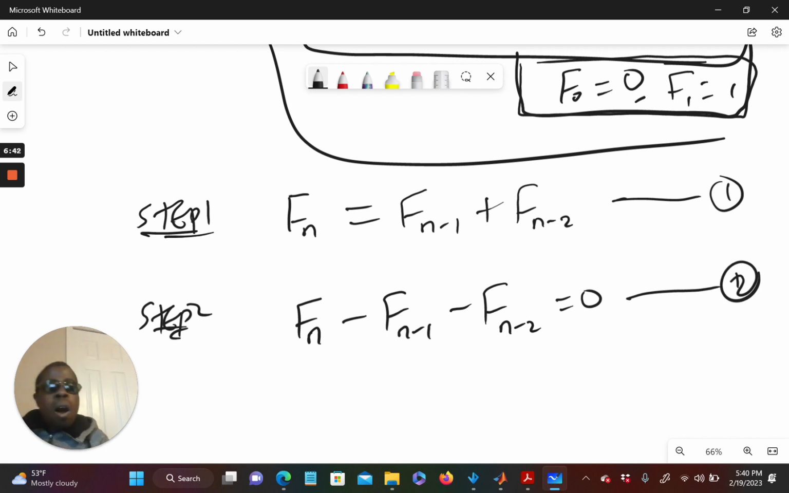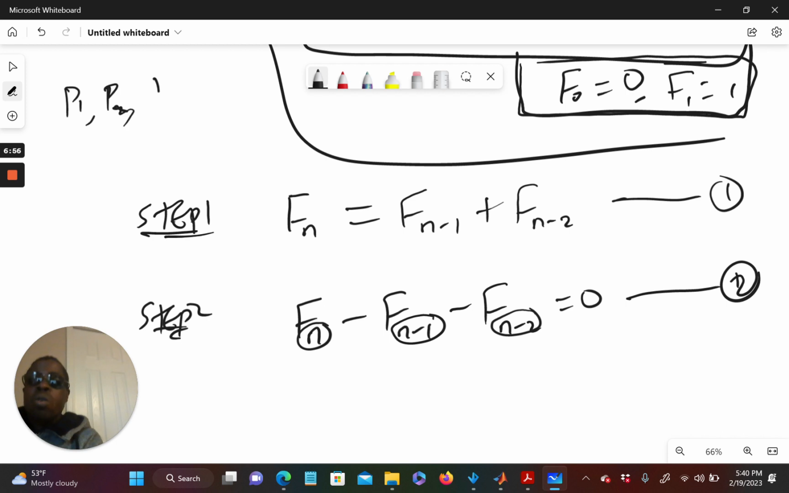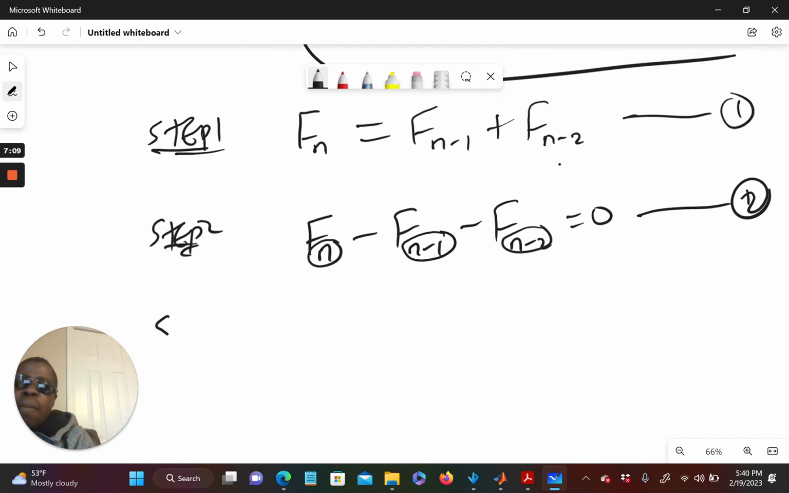Now again, all these Fn, Fn minus 1, Fn minus 2, they are just subscripts, like first person, second person, third person. I can have P1, P2, P3. So person 1, person 2, just like that. Okay? So now you move that to the left side, and step number 3,